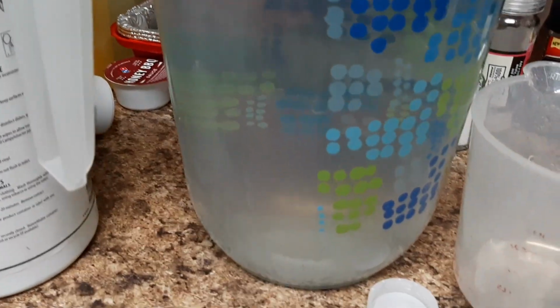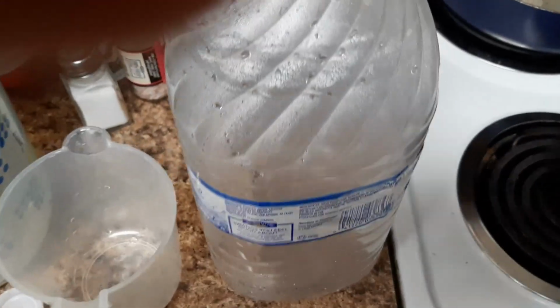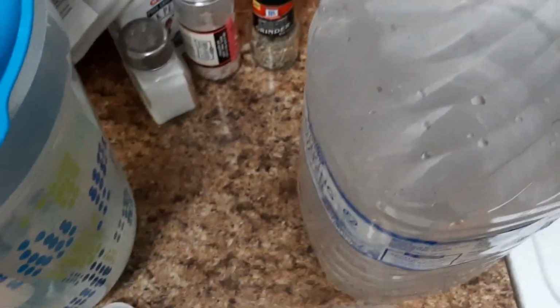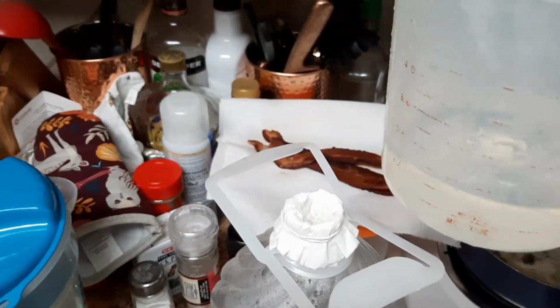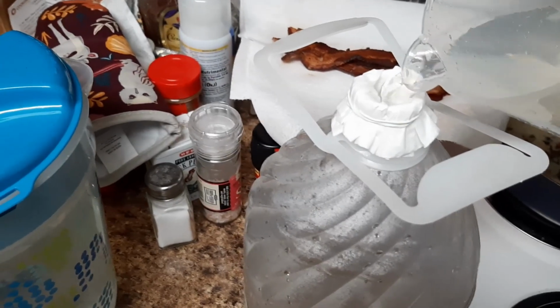This is a jug of water we filled up before the power went out and the water went off, and that's the goal we're going for. It's frosted because of the container and refraction. But as you can see, I've put 2 coffee filters and rubber banded them at the opening, and we're going to take this measuring cup, grab a little bit at a time since it's so hot, and pour it in. I'm just going to do a little bit because I don't want to bust our bottle or anything. So pour a little bit in at a time,